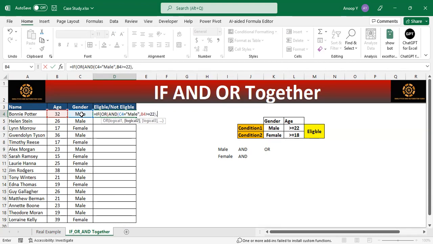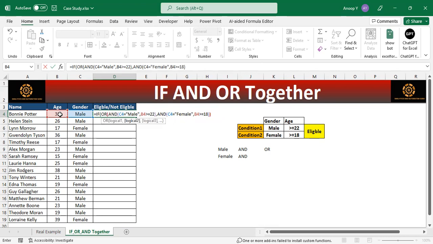Now this AND function is completely related to the male condition. For the second condition, for the female, we will use the AND function again: if gender equals female and age is greater or equal to 18,